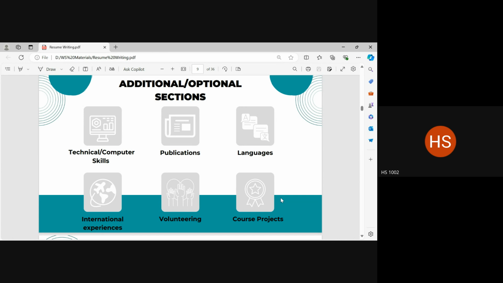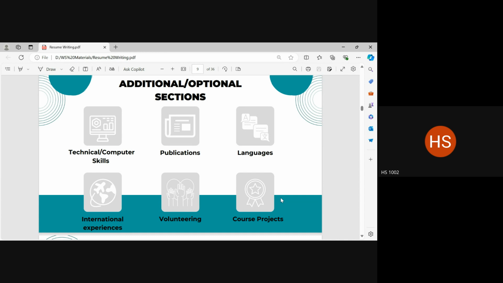Your resume is not inferior to the resume of somebody who can boast international experiences. A resume without international experiences can be a lot better than a resume with international experiences if you highlight the right kind of skills and experiences.